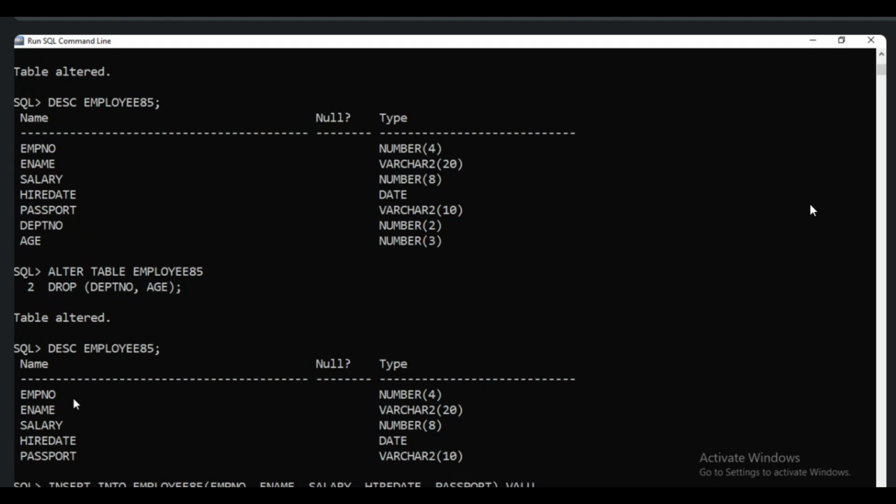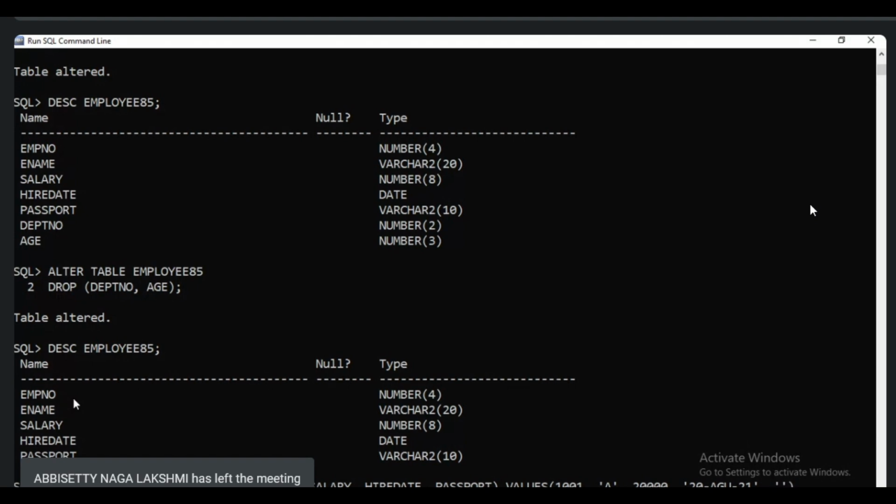Values: employee number 1001, hire date 20 August 21.